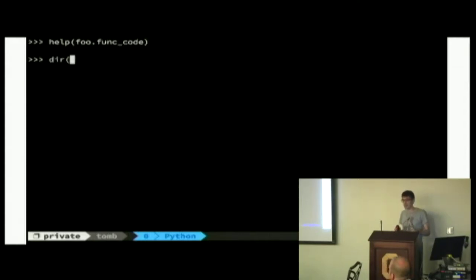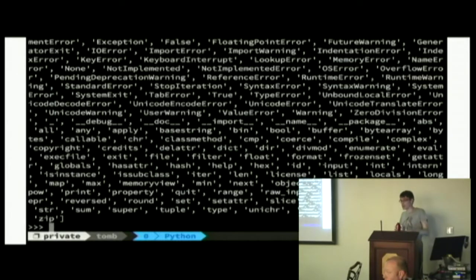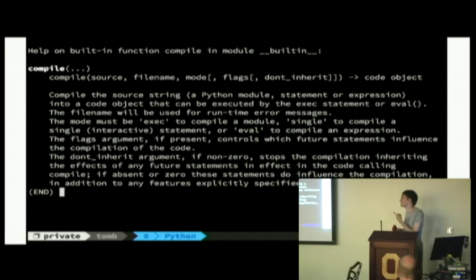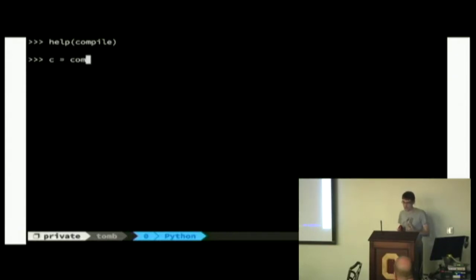I happened, though, to be experimenting and looking around earlier, and I tried dir on builtins. I was just exploring, finding out what we can do in Python, and I found this one called compile. Now I'm going to try help on compile, and it looks more reasonable. It just takes 3 things. So we're playing around. We'll be able to put in those 3 things. The first one was source, so we're going to try to use